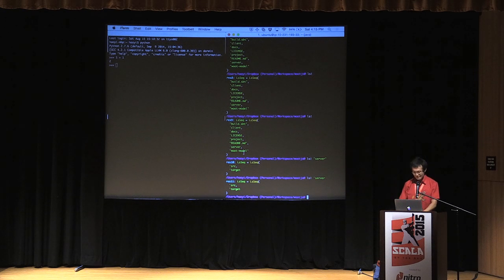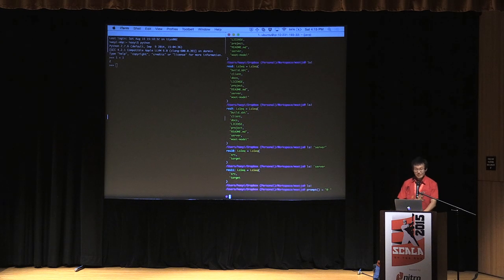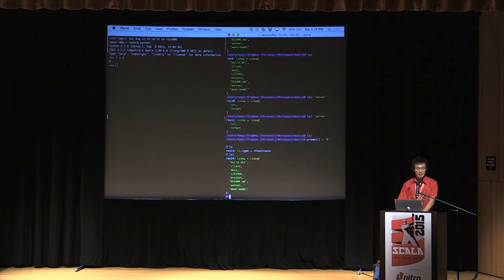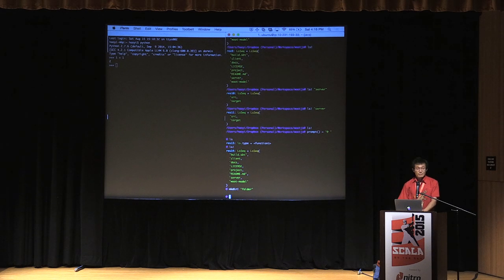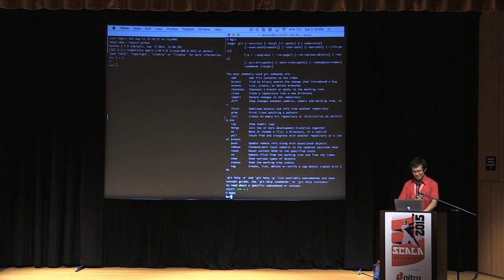OK, so let me reset my prompt first, actually, because it's really long and hard to use. So let's set that. The difference is that the things that you bang are functions that live in Scala land. So basically, I have my own implementation of ls, mkdir, and whatnot. In general, these are aimed to behave better, to some degree. So for example, rm works in everything rather than just being the bash rm. But there's always a long tail of things which have not been wrapped. You could wrap them, but there's always going to be a lot of things. So Git, SBT. I should not have used SBT.